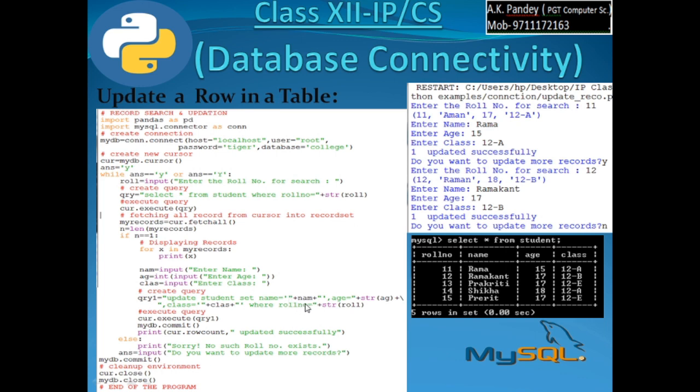It should not be different from the command that we issue on the MySQL prompt. So you have to verify this command many times, and only then proceed further.